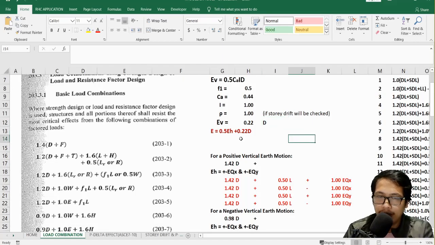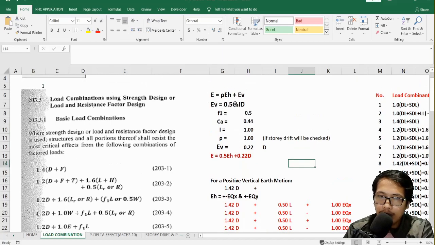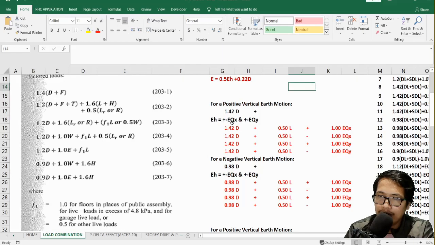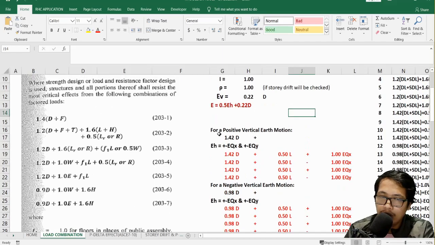Okay, therefore, from this given equation, E is equals to rho AH plus AV. Substitute natin yung value ng AV, which is 0.22 times D. So, yung A natin is equals sa 0.5 EH plus 0.22 DH. Yun, then, yung EH na yan, that is equal sa positive and negative EQX, then positive and negative EQY. So, considering the positive vertical earth motion,